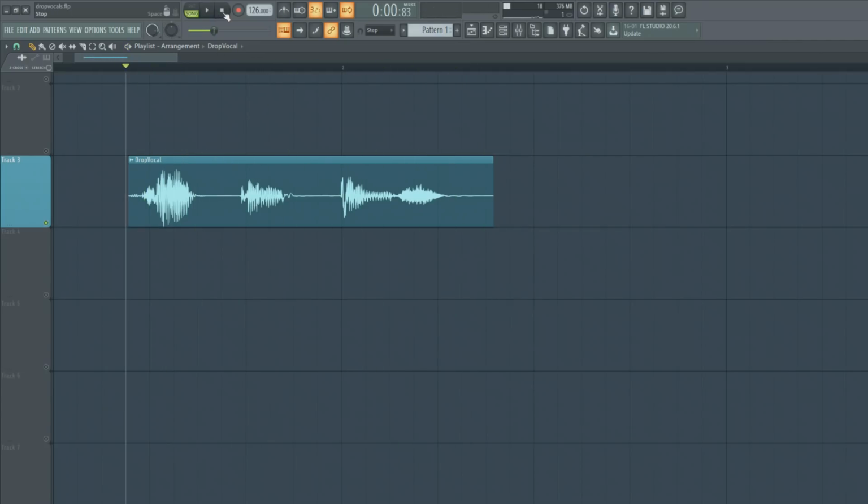So right now the vocal sounds like this. Drop the bass. And the first thing we are going to do to make it sound darker is to pitch